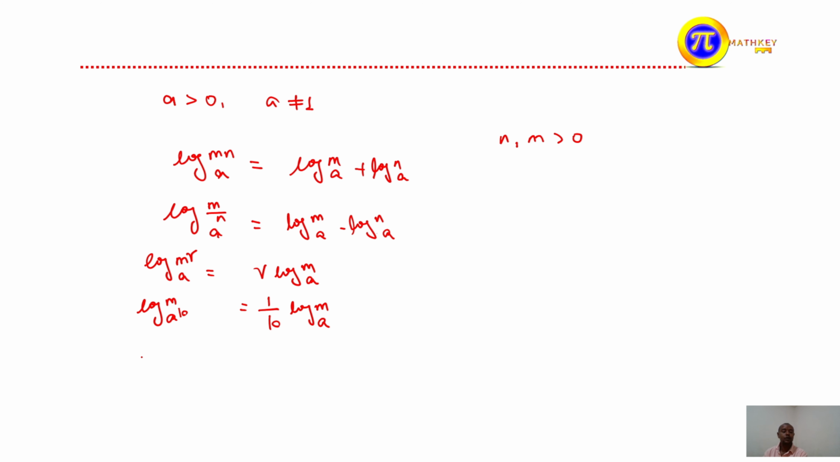The other property that we consider: a to the power of log of m in base a is equal to m, which is also equivalent to m to the power of log of m in base a being equal to m. You have to consider these properties to solve the problem that we consider in the case of